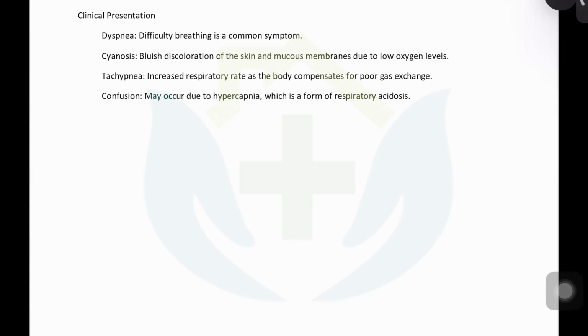Now, the point I'm trying to make here is that if you just look at these symptoms, dyspnea, cyanosis, tachypnea, confusion, apart from cyanosis, the others are very, very subjective symptoms and can be present in many other conditions. May it be oxygen delivery, may it be hemoglobin is low, maybe the demand is increased. All of them can lead to dyspnea, tachypnea, and confusion. And cyanosis can occur in some conditions like admixture of blood.